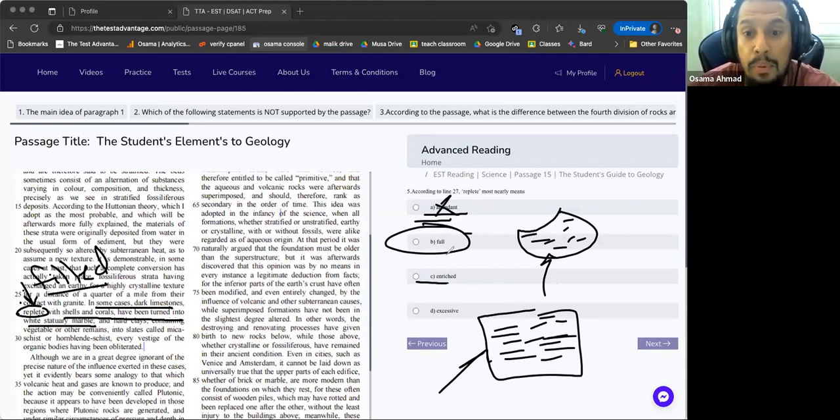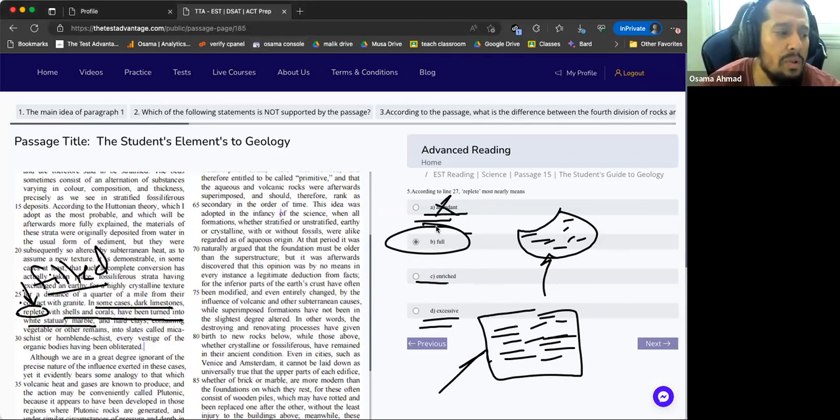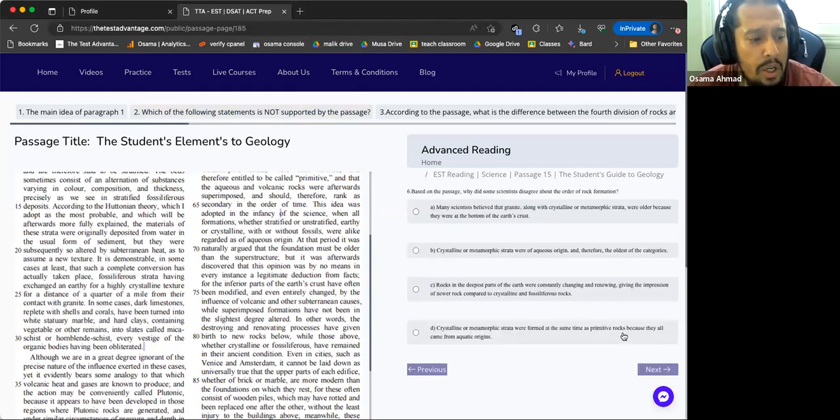Enriched means improved, and excessive, well, معناها بزيادة. You know, it's a negative word here. So answer B أفضل حاجة عشان بيكلمنا عن الحجر والحجر ده مليان fossils. So remember, when we talk about vocabulary, it's important نفهم the context of the vocabulary. Question number 6. اتفضل، في حد عنده سؤال؟